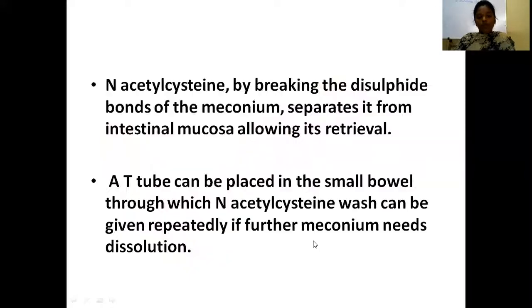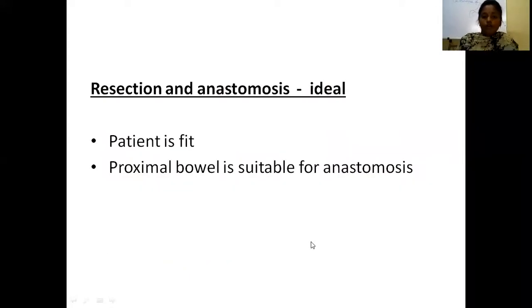To summarize meconium ileus, this is one of the important causes of neonatal obstruction, and cystic fibrosis is almost always the underlying cause. Coming to the investigations, in the X-ray you will see a soap bubble appearance and calcified meconium pellets. Other investigations to rule out cystic fibrosis are the sweat test and the immunoreactive trypsin test. The treatment for simple meconium ileus is non-operative management, and for complicated meconium ileus, it is surgery. Any doubts?